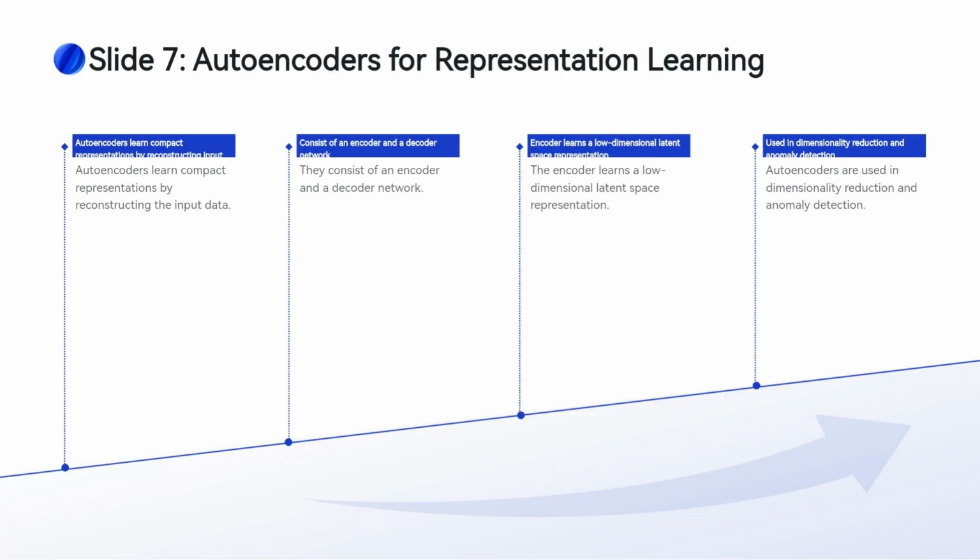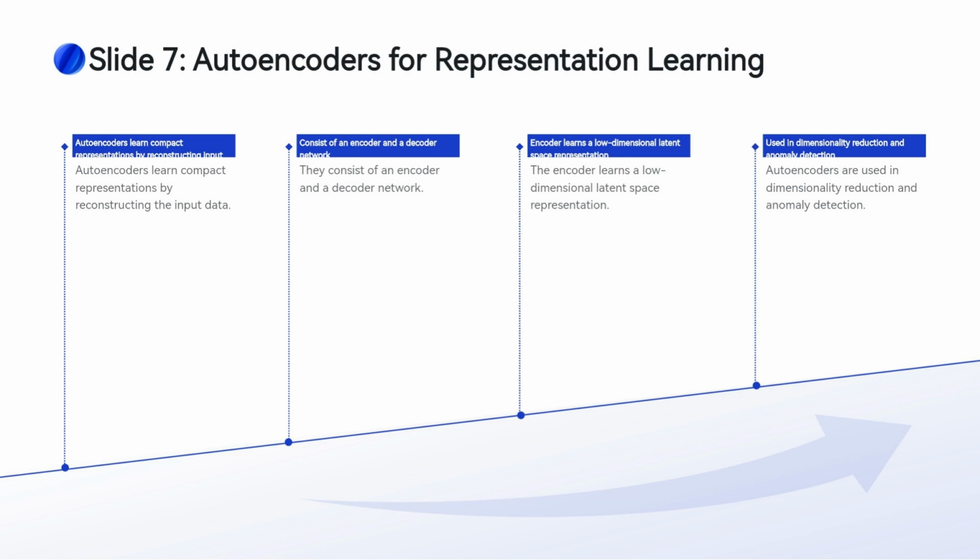Autoencoders are a key tool in unsupervised representation learning. An autoencoder is a neural network that learns to compress (encode) input data into a smaller, more compact representation, and then reconstruct (decode) it back to its original form. The encoder network maps the input data to a latent space, and the decoder attempts to reconstruct the original data from this compressed representation. The primary goal of autoencoders is to learn a low-dimensional representation that captures the most salient